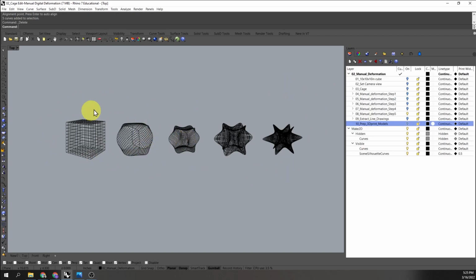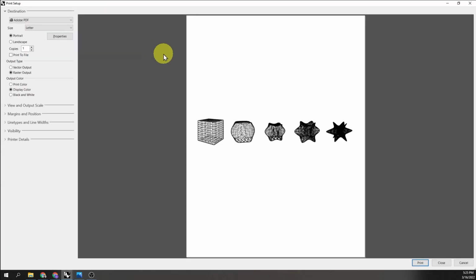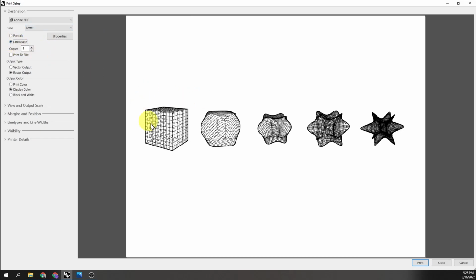So the next thing is to add some line weights to this. Notice that if I try to save this as a PDF now, if I type Control P, that'll go to my print menu, which is popping up right here. Let me change this to landscape. Notice what this looks like. Notice if I hit print,